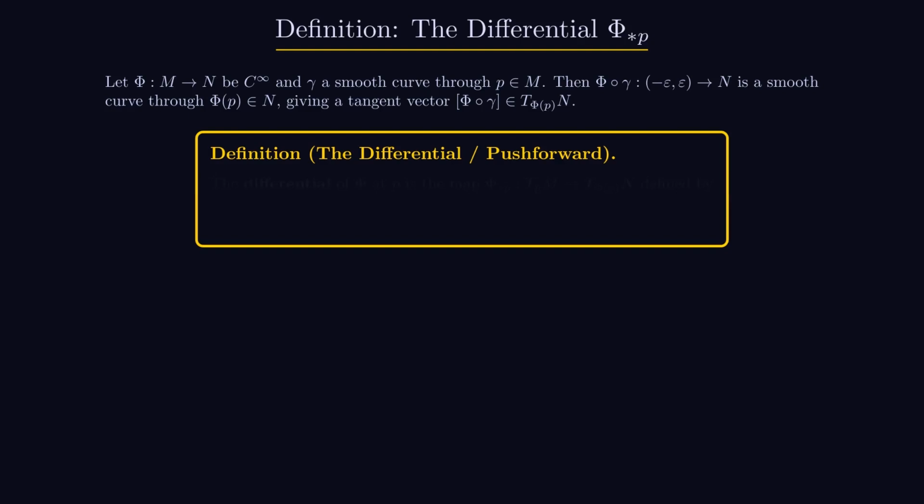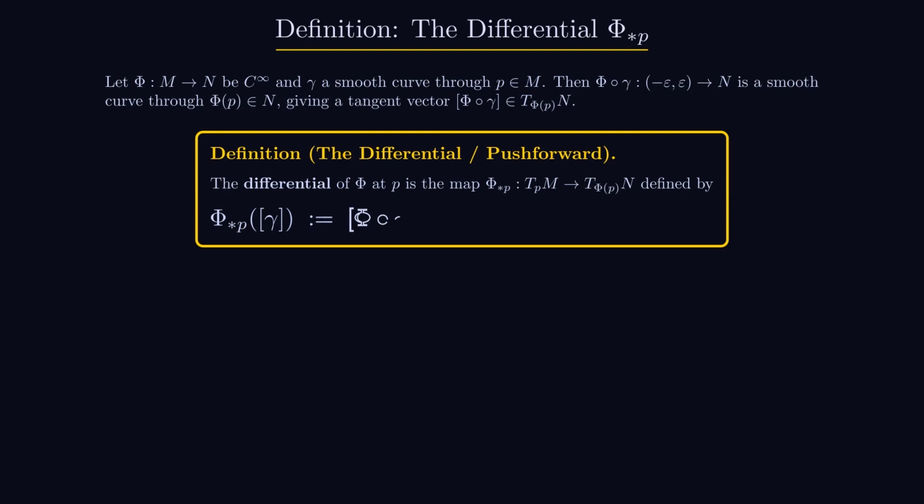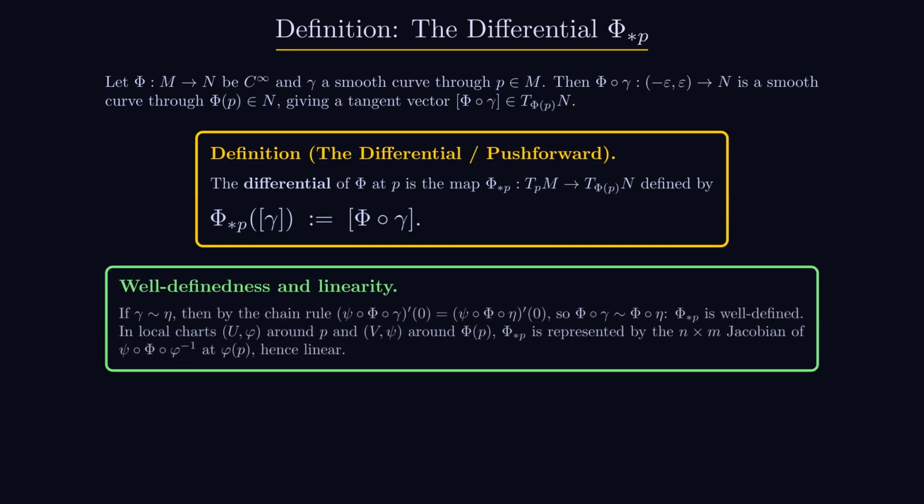The differential phi star P sends a tangent vector gamma in TM at P to the tangent vector phi composed with gamma in T phi(P) N. Push the curve forward through phi, then take its equivalence class at the image point. That is the entire definition. If gamma and eta represent the same tangent vector at P, the chain rule forces phi composed with gamma and phi composed with eta to have the same velocity at phi of P,